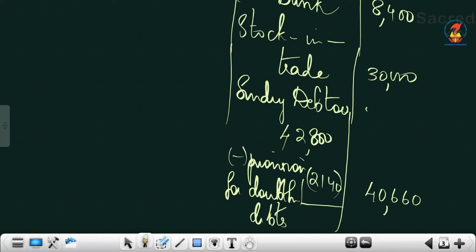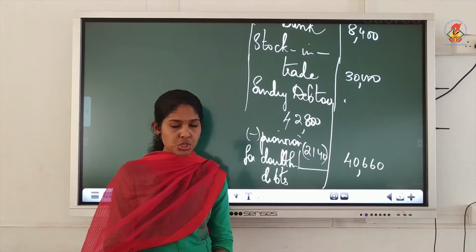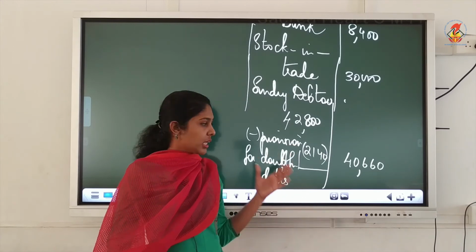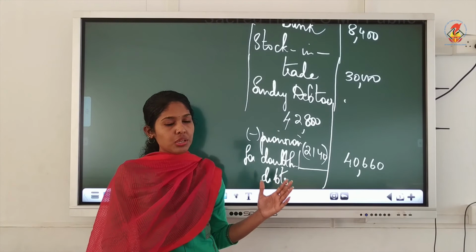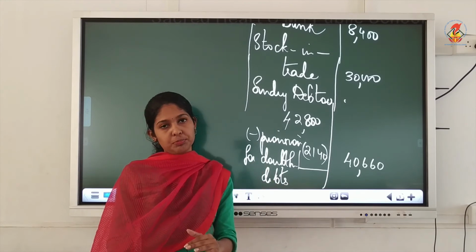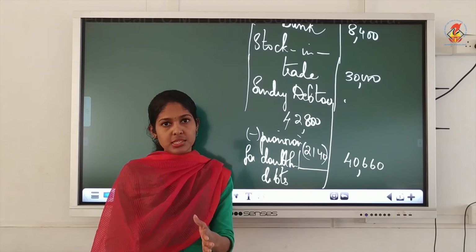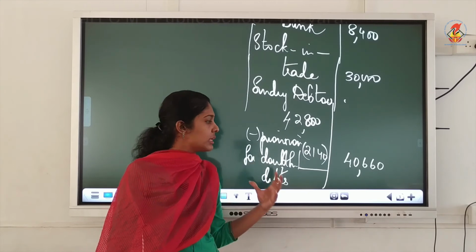40,660. So if you look into your illustration solution, they haven't deducted provision here, whereas they have done this deduction in statement of P and L. Understood? So in effect both will give the same answer, but you do like this, because normally we are deducting